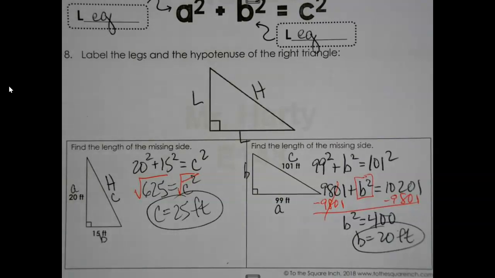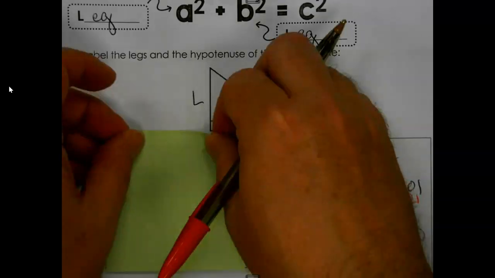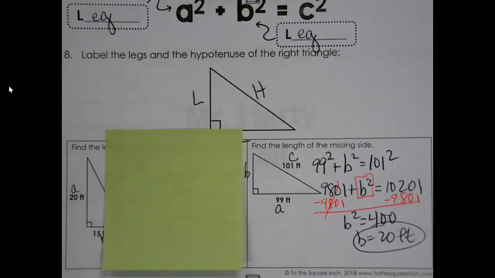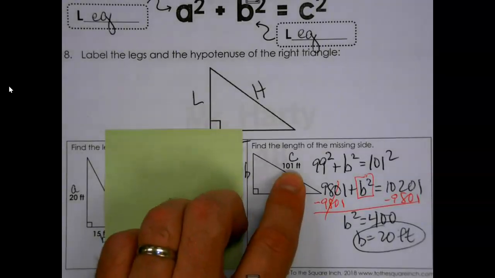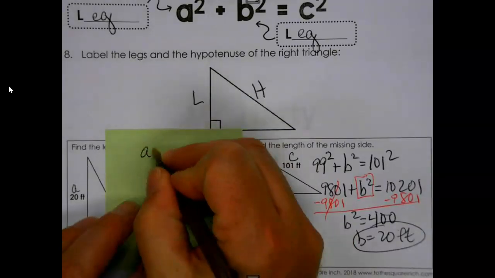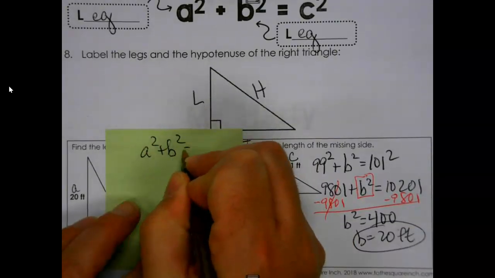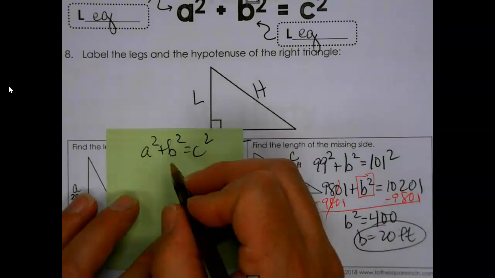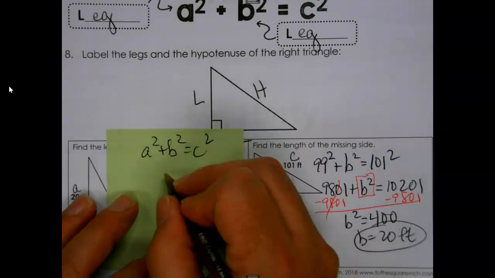Now, some of you may have been taught at one time, I'll do this on a sticky note so you can see what I'm up to here. Sometimes people have been taught that if you have the hypotenuse, so instead of a squared plus b squared equals c squared, if you're missing a leg,